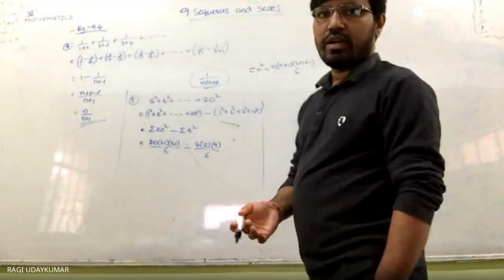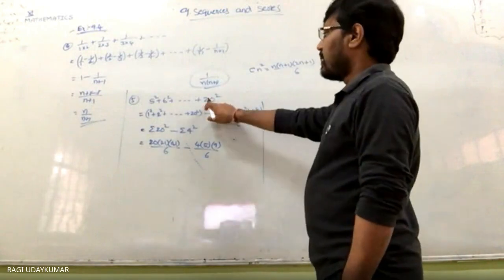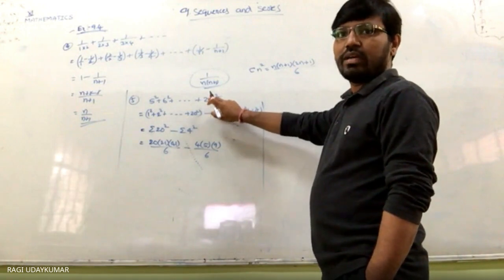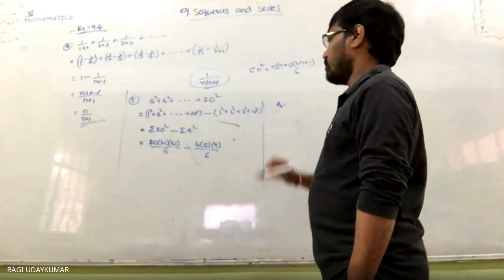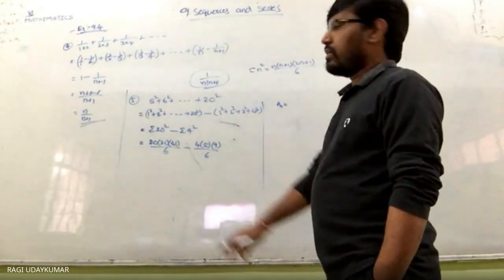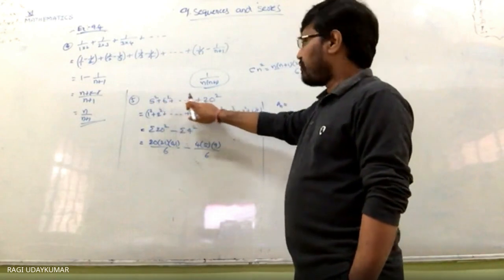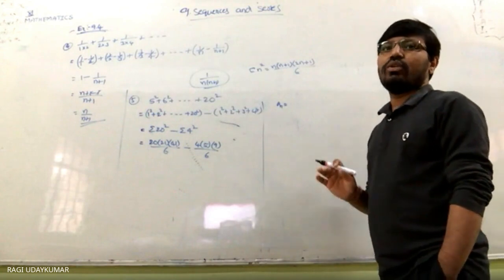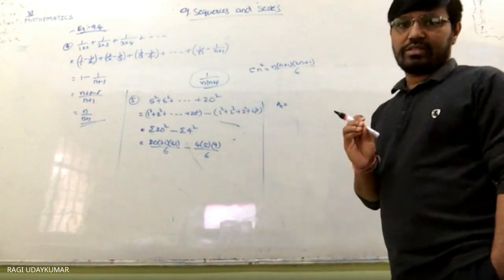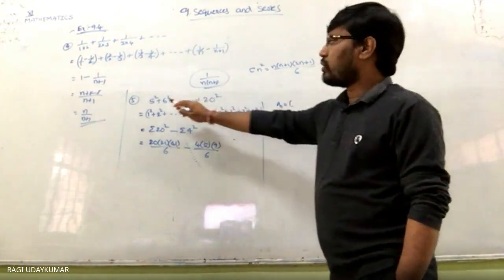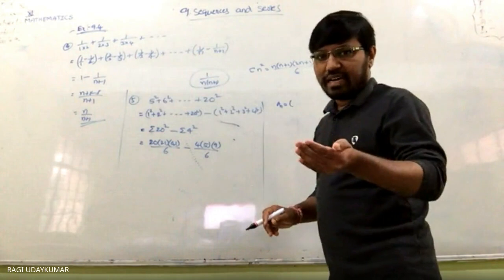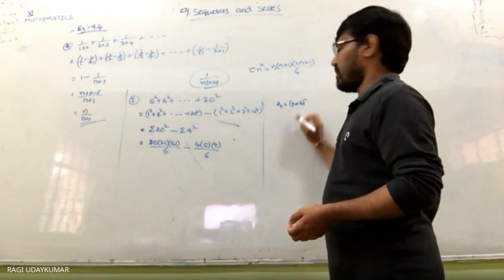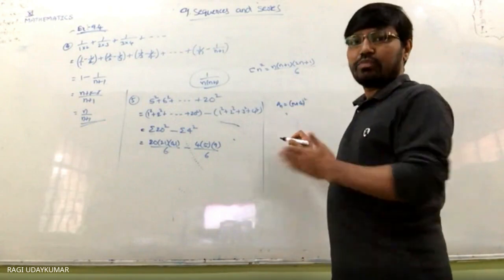Just like the previous way, if you want to find the nth term in this series, a n is equal to, here n is equal to 1, then 2, like that if you go on substituting, the 16th term will be n is equal to 16, still the 16 only you have to substitute. You have to be a little cautious. What term are we going to get here? Substituting 1 gives 5, substituting 2 for the second term gives 6. So it is n plus 4 whole square. Expand n plus 4 whole square, and you get the nth term.